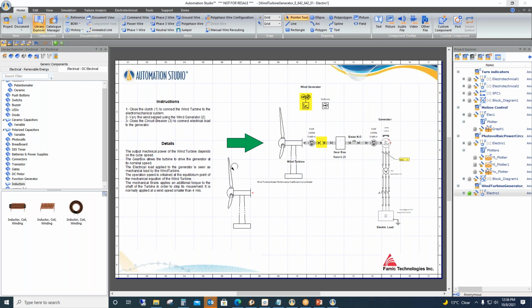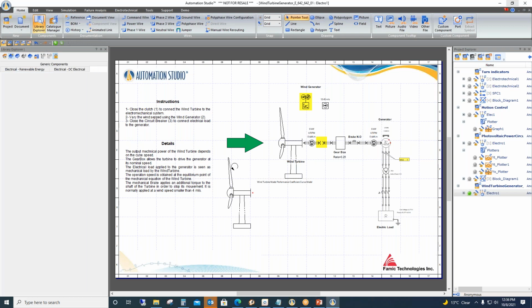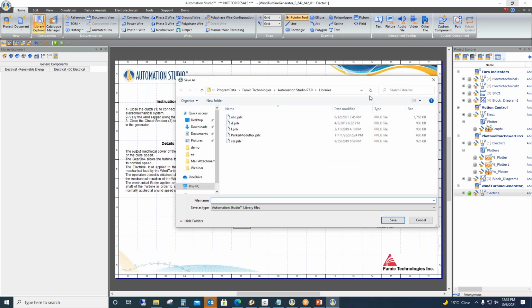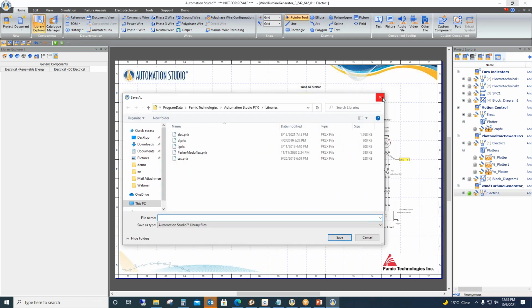Do you have the DC electrical library? DC electrical comes as a custom library. DC electrical, solar, renewable, all that is a custom library that we have. But for vehicle SAE, you don't have it. There was a vehicle SAE library, yes. Around 6 months back I had a trial version for, I think, 1 month from Canada. I know that there was one, but it needs to be purchased separately.